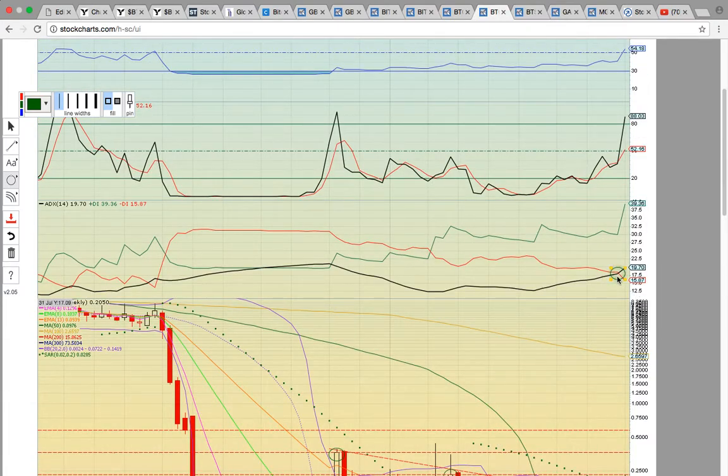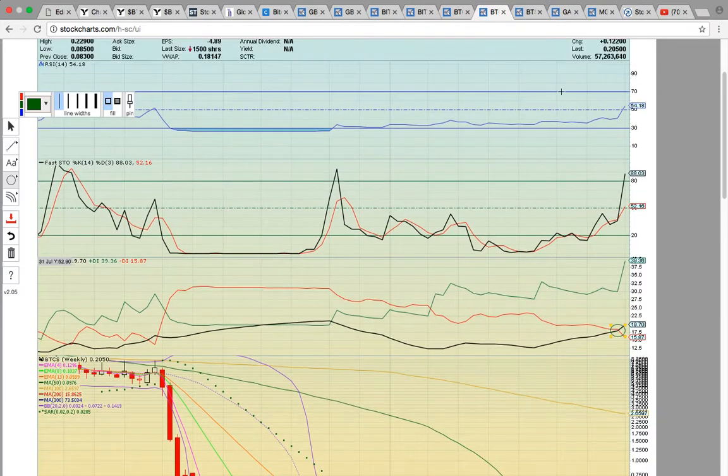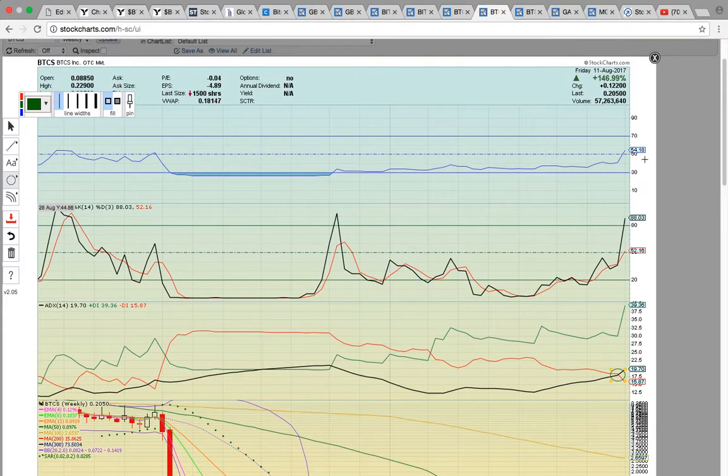You notice on ETH.X, ETH.X crossed minus DI to the upside, so that's a bullish crossover. You've got plus DI breaking out, and then another very bullish development is up here on RSI. It's currently at 54, so there's a lot of room to run until that 70 overbought level. And now that it broke above 54, notice how back here it broke above 50. It's had a hard time staying above 50, and so if it can stay above that level, that's another signal